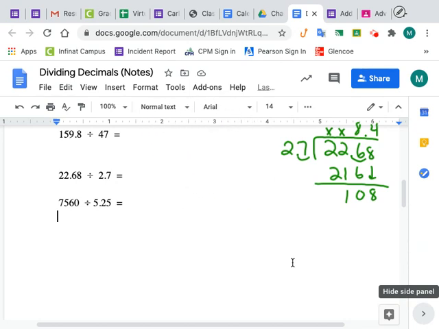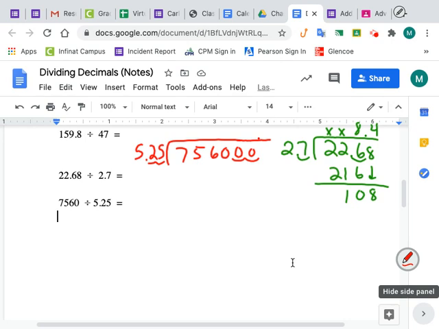The last one, I have 7,560 divided by 5.25, or 5 and 25/100. Well, I would move it 2 places. So that means I got to take this decimal point and move it 2 places and add zeros to get all of my whole numbers. Decimal point comes straight up. Well,